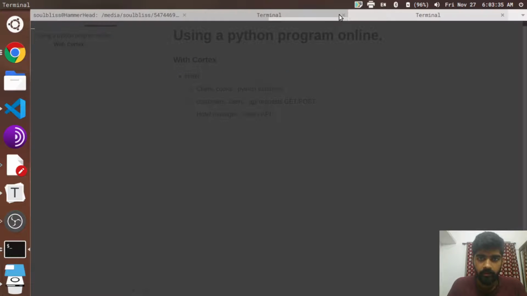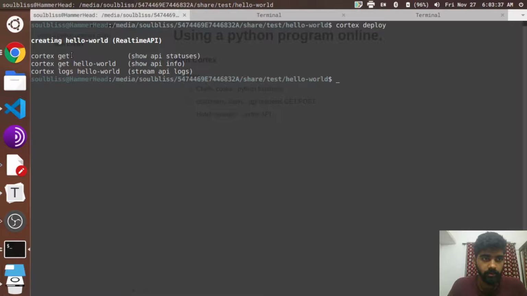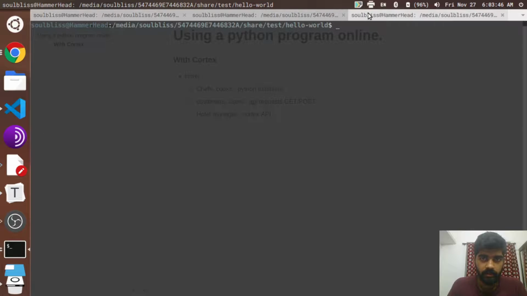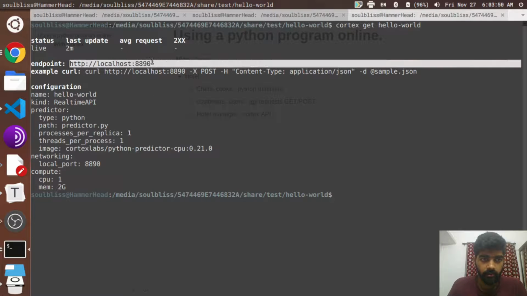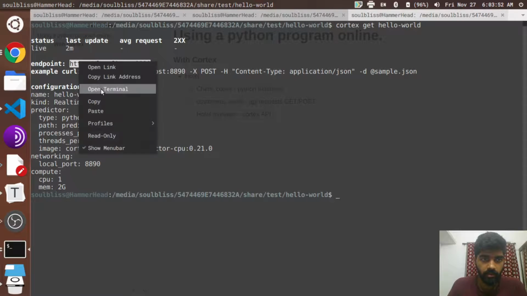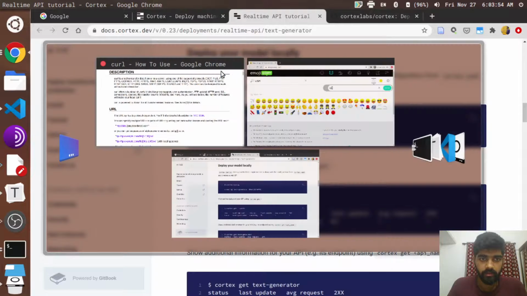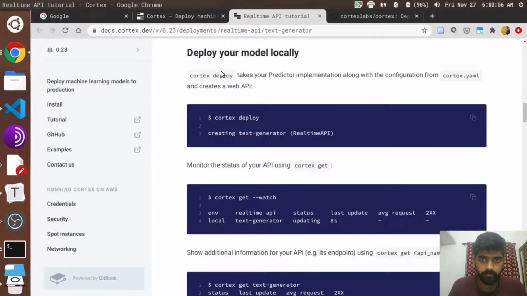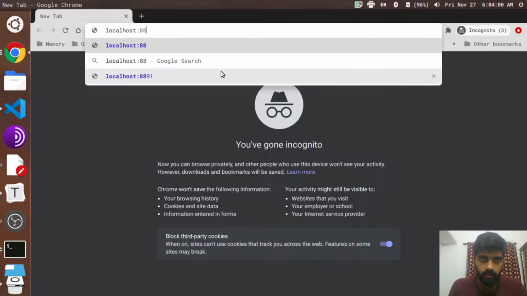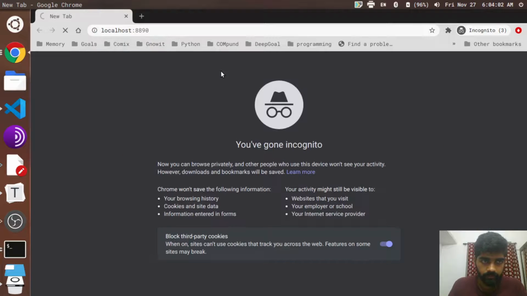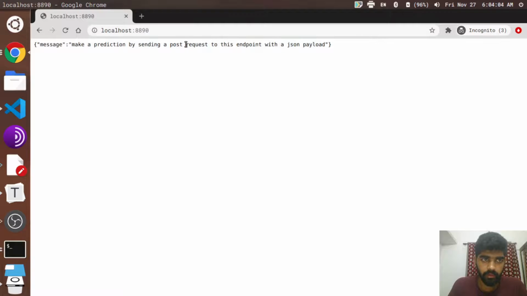And then here we have some important things. So the first thing is this command that is there, Cortex get hello world, the name of our API. It essentially tells what the endpoint of our API is. So locally our endpoint is right now on localhost at port 8890.